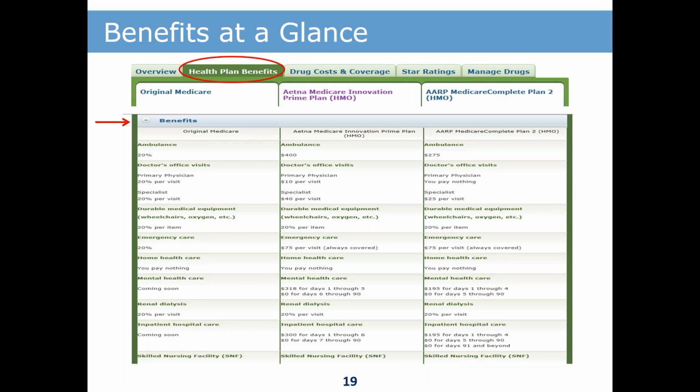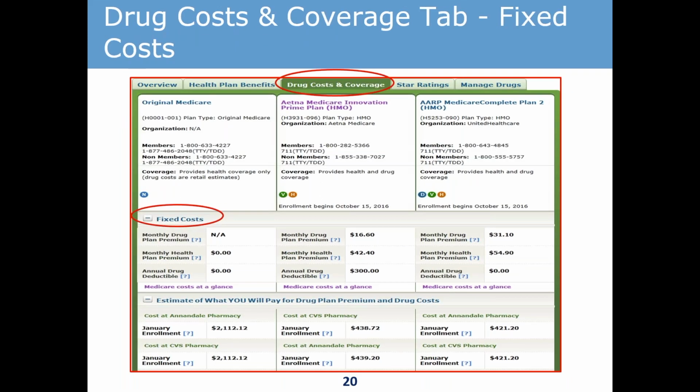The next tab we're going to look at is the drug costs and coverage tab. And again, this is the one I focus on the most when we're doing Plan Finder for people that are taking prescription drugs. There's a lot of information. This comes out with a big, long list, and I'm going to show you sort of piece by piece what's in there. Again, the plans are going to come out 2 or 3 side-by-side. First thing is the fixed costs. The fixed costs include the premium,